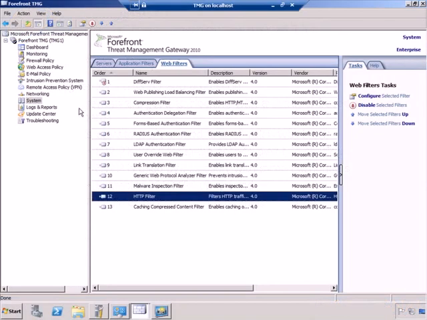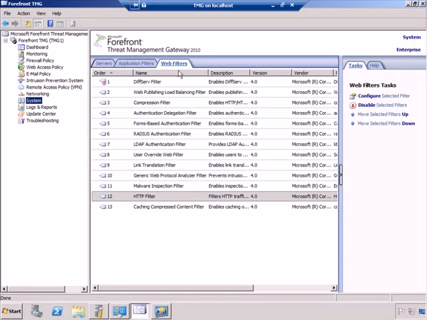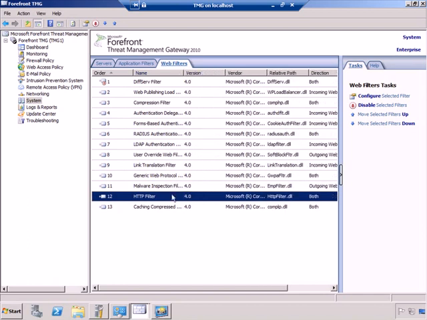And here we are. You'll notice I've selected System, and I've gone to the Web Filters area. HTTP filter is a web filter in Threat Management Gateway. And number 12 on the list is an HTTP filter setting. And if I open this up,